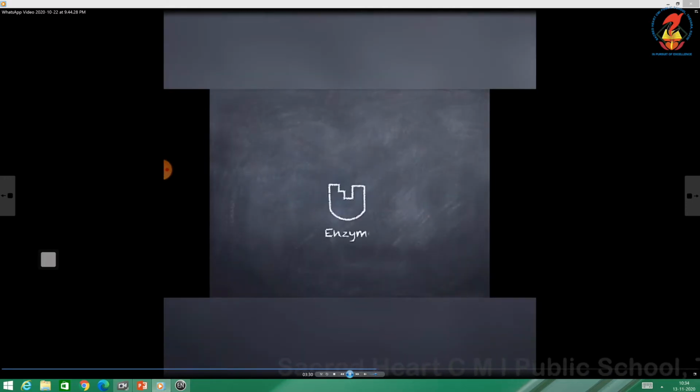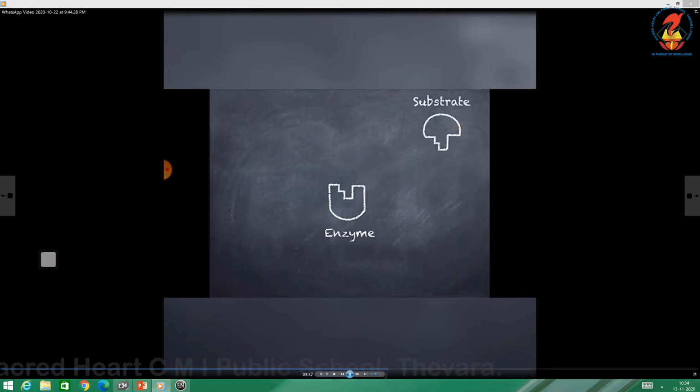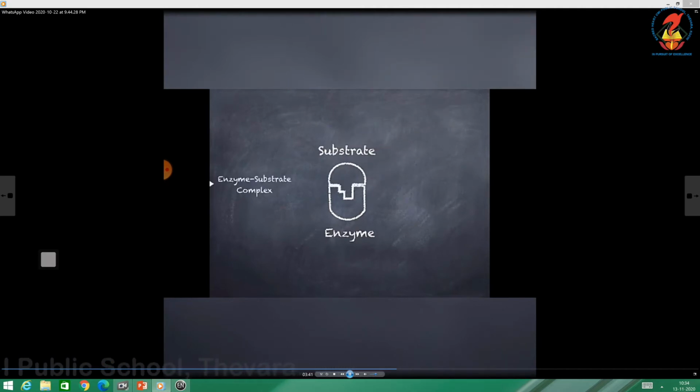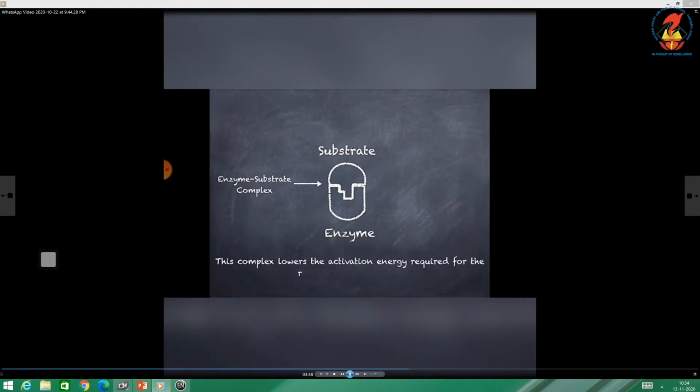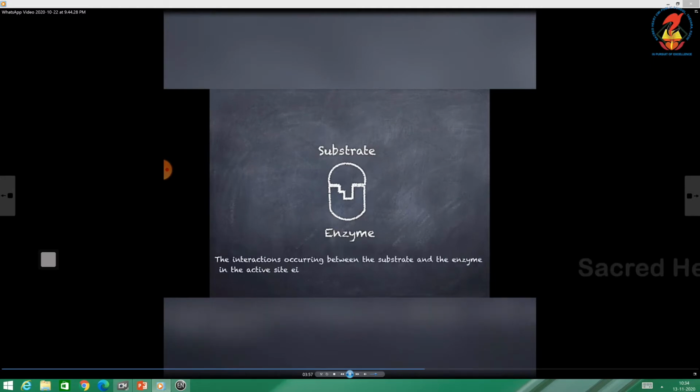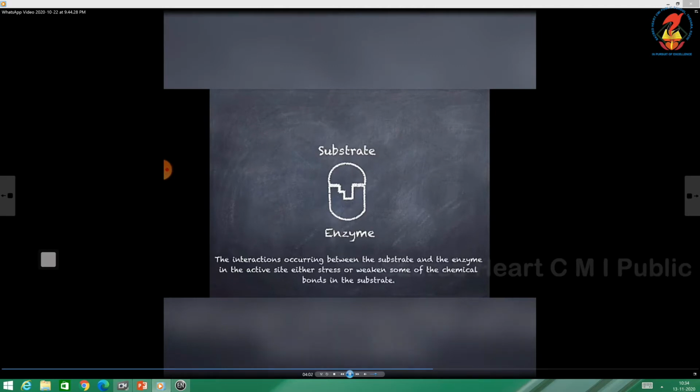Now we can see the formation of the enzyme substrate complex. This is the enzyme with the active site. So just like the lock socket. Now the substrate like a key fits in to form the enzyme substrate complex, just like the lock and key. Now the specialty of this complex is that it lowers the activation energy required for the reaction to take place, and not only that, this complex or this interaction will weaken the bonds between the substrate,